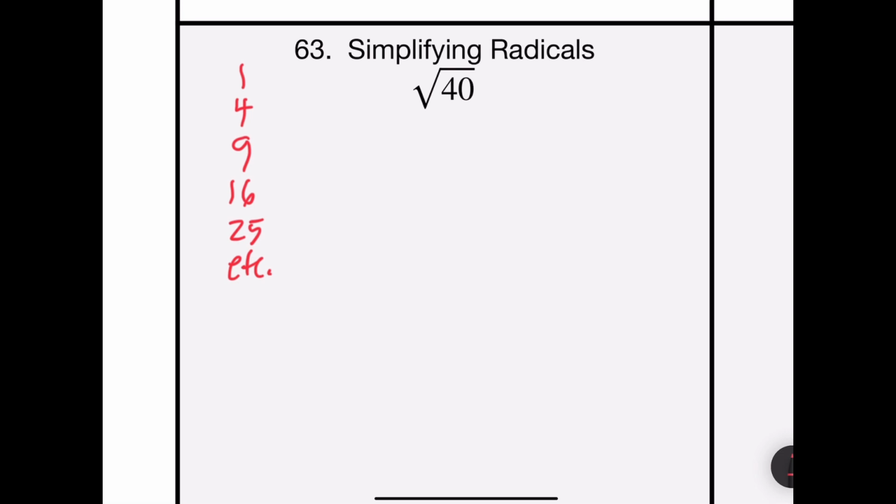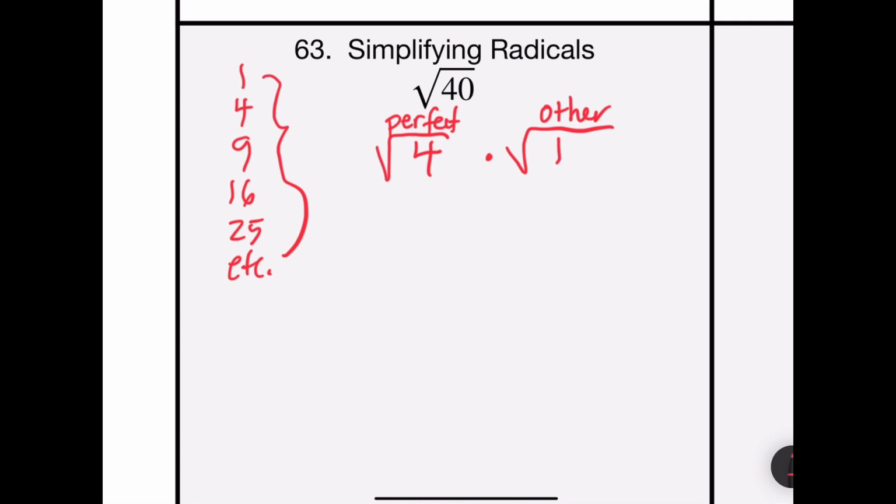And we want to break this square root up using the product property for square roots into two factors. In the first square root factor, we're going to put all the perfect squares that are factors. And in the second one, we're going to put everything else. So I have to think about the factors of 40 looking at my square numbers. Is one of these square numbers a factor of 40? The answer is yes. There's a perfect square factor of 4, times everything else, which would be 10. The square root of 4 is 2. All I can do is express the other, and so my answer would be 2 times the square root of